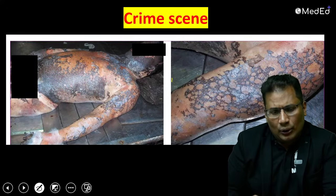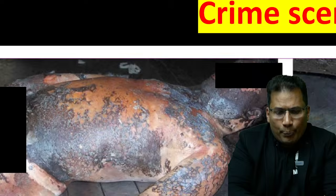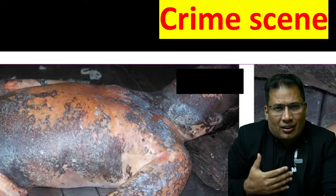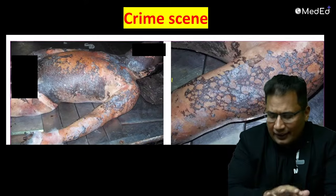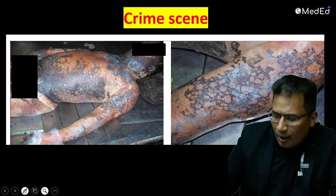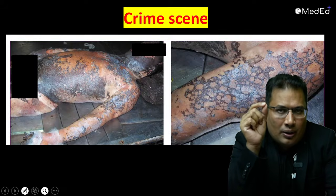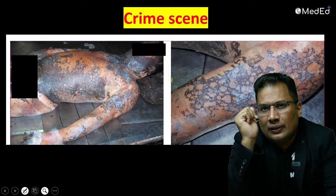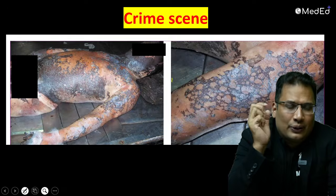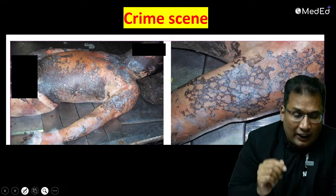Can anyone answer? Look at this image. You can make out brown nodules involving the face, the chest, the upper limb. What is this? Rakesh. This is a case of crocodile skin burn or high voltage burn, or contact burn, the flash burn, flame burn as a result of electrocution. So the finding here is